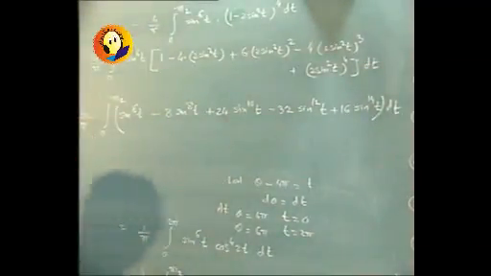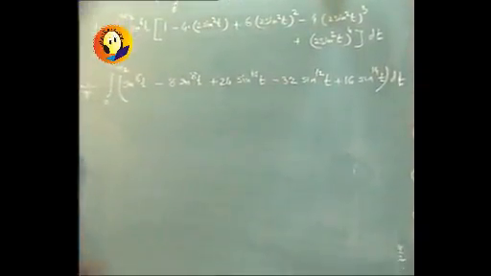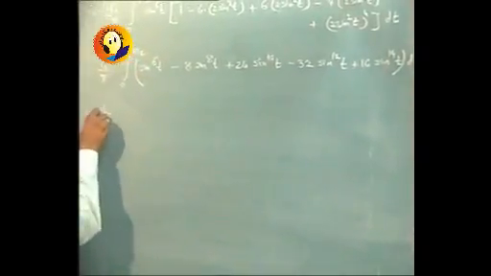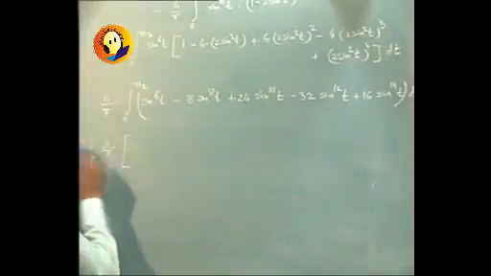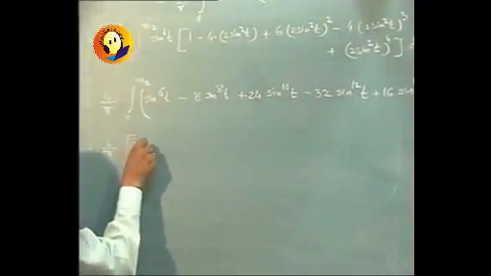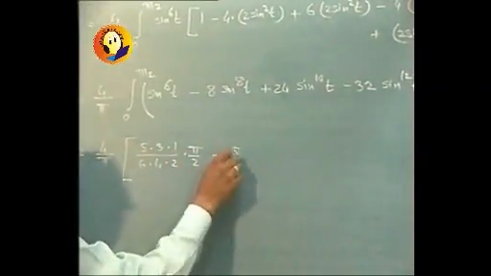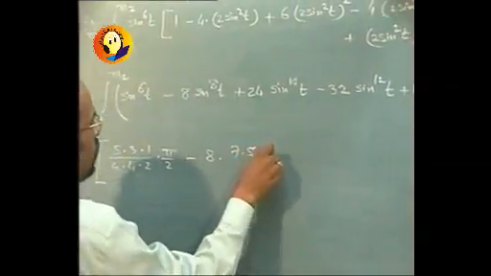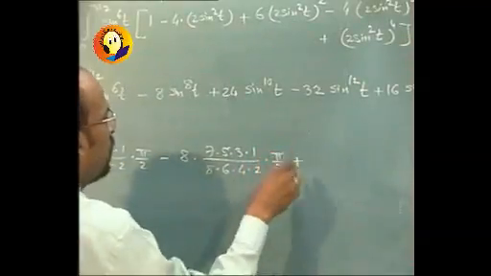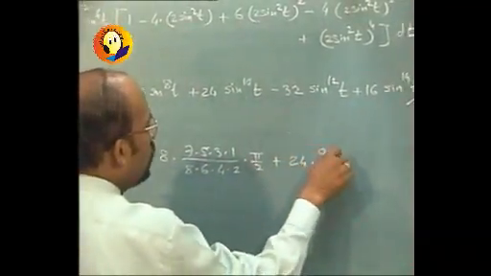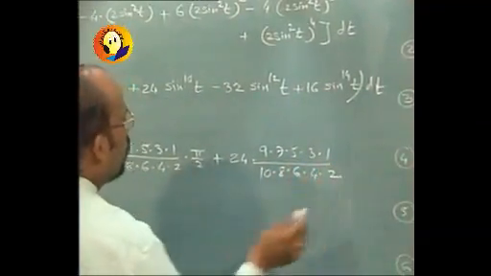And use the reduction formula to obtain the result. And so it will be 4/π inside the bracket. First one will be 5·3·1 divided by 6·4·2 into π/2 minus 8 into, this is 7·5·3·1 divided by 8·6·4·2 into π/2. Third one will be 24 into 9·7·5·3·1 divided by 10·8·6·4·2 into π/2